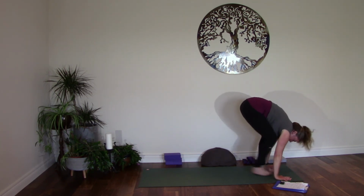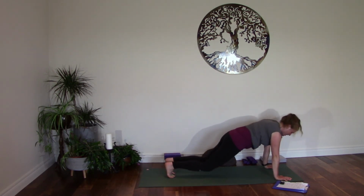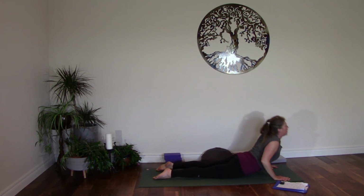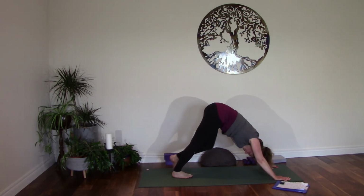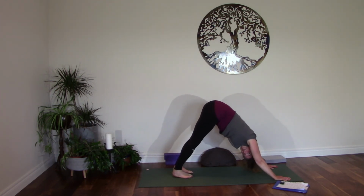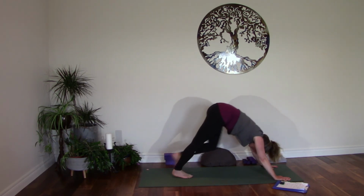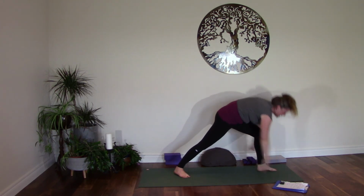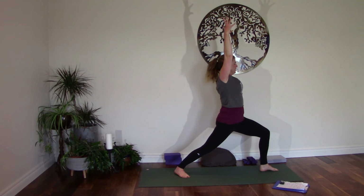Inhale, bend the knees, place the hands, step back to a plank, lift the heart. Work through your vinyasa. Knees, hips, chest. Cobra or up dog. Downward facing. Good, 1 breath here. Exhale it out. Left leg lifts. Step it through, warrior 1, spin the back heel, rise up, exhale, 2 more,